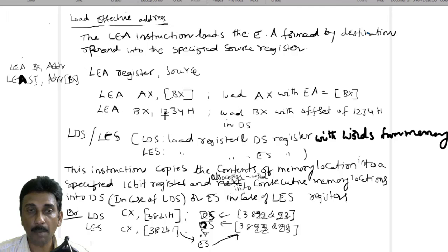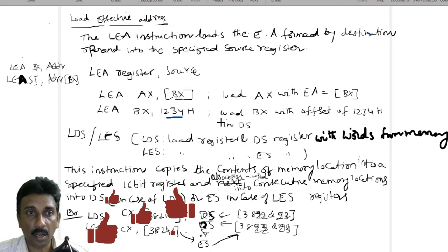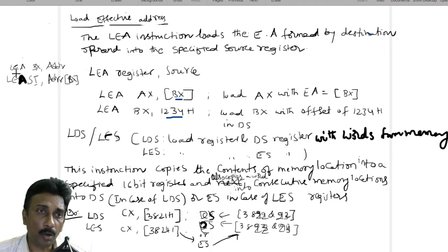Similarly, LEA BX, 1234H means load BX with the effective address 1234H. Effective address and offset are both the same. In the data segment, by default all the things will be placed into the data segment. So this 1234H is the offset we have to treat here. While doing programs we will see this elaborately. Let us have another look. LEA BX, ADDR is also the same: the offset address is loaded by ADDR. The ADDR effective address and the BX offset are both added together, and the total value will be loaded into SI. So LEA SI, ADDR[BX].